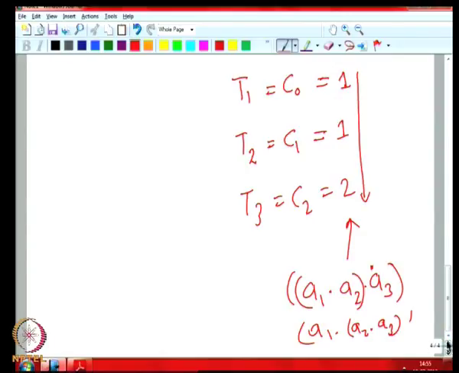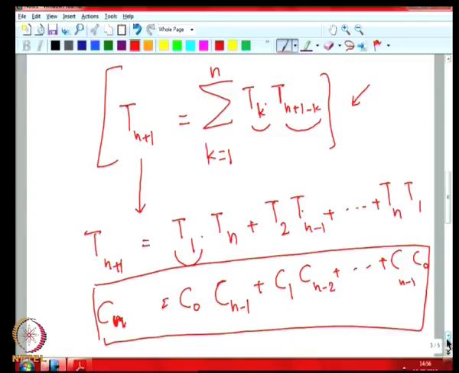So therefore this will give you the Catalan numbers once again. It is essentially equal to the number of balanced parentheses. When n plus 1 numbers are there, we have n pairs of balanced parentheses. So why are we defining T1 equal to 1? Because this recurrence relation also wants this. If you define T1 equal to 0, then this is not valid, because we have one multiplication corresponding to this term. T1 has to be equal to 1,